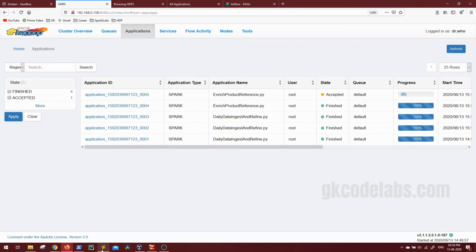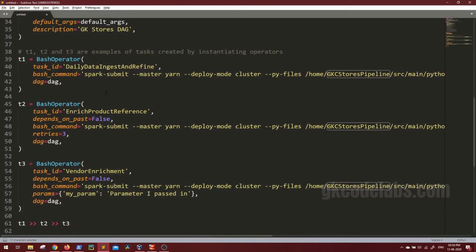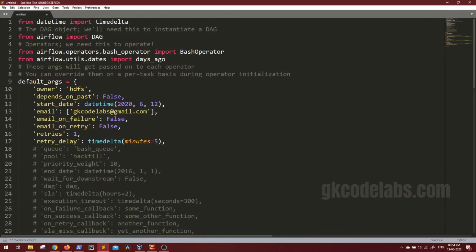Okay, here I think I have missed one thing. There are 2 runs for each job. You can understand it like this: we have mentioned the start date as 12. Once we initiate the DAG, it will run from the start date till today, if the run for that date was not executed. So right now when we triggered, it checked the start date and also tracked if these runs were done or not. If these runs were not done, it will execute all the runs. In case you want to run it just today, you have to mention today's start date.